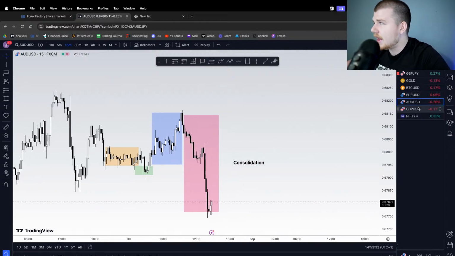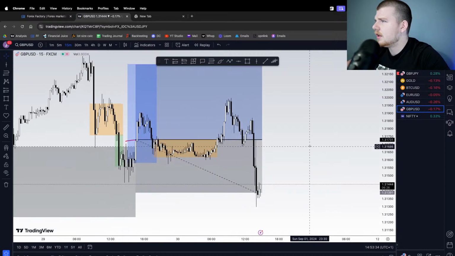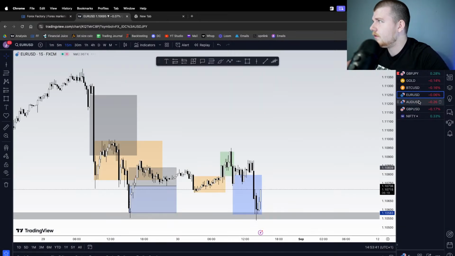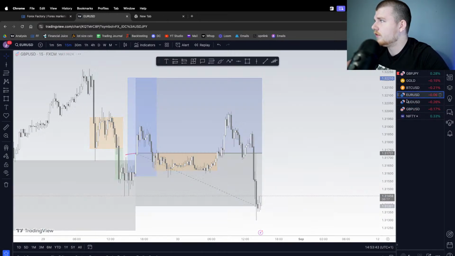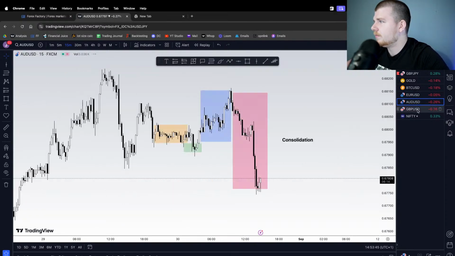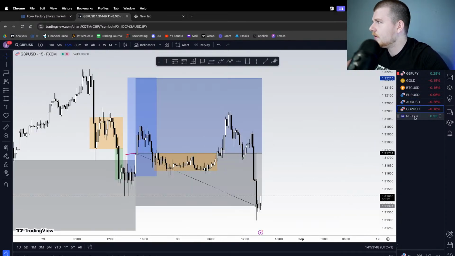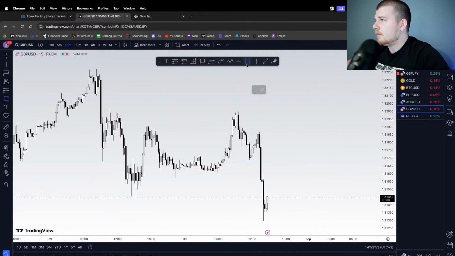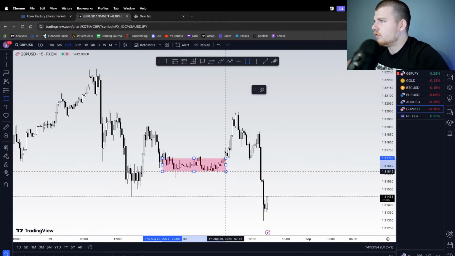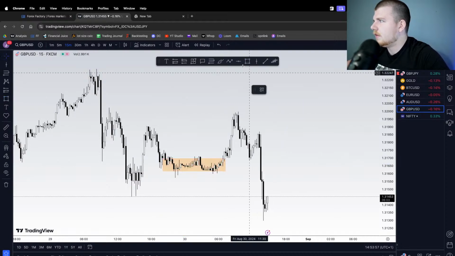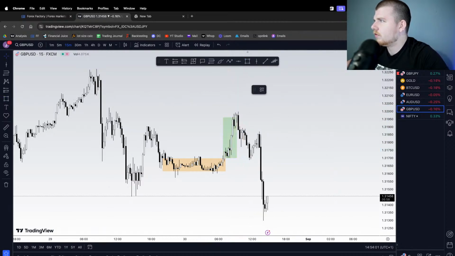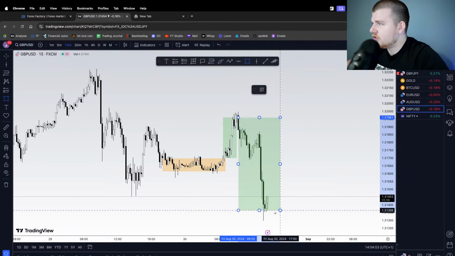So that's AUD USD. GBP USD, it's pretty much the same thing. What's going on here, guys, is the USD is taking control. The USD is a strong currency, as you can see. It's basically all just correlated here. GBP USD, basically the same thing happened here, but instead we went straight to distribution. We already had the liquidity in the GBP USD. Sorry, I'm reading this the wrong way around. Went straight to manipulation and then distribution to the downside.